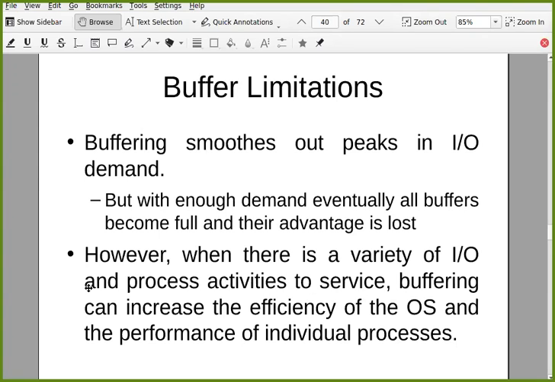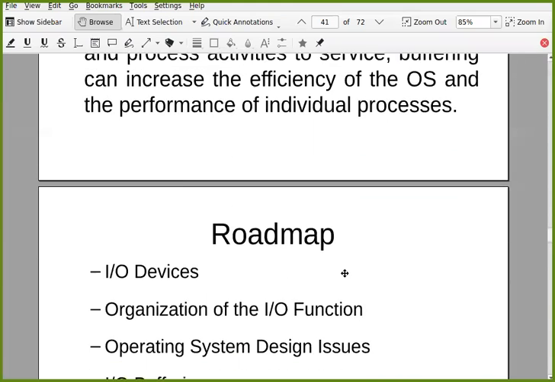However, when there is a variety of IO and process activities to service, buffering can increase the efficiency of the OS and the performance of individual processes. So this is one limitation: if all processes are demanding IO and because of that your buffers are full, you may lose some of the advantage. But normally, otherwise, it actually provides better efficiency.